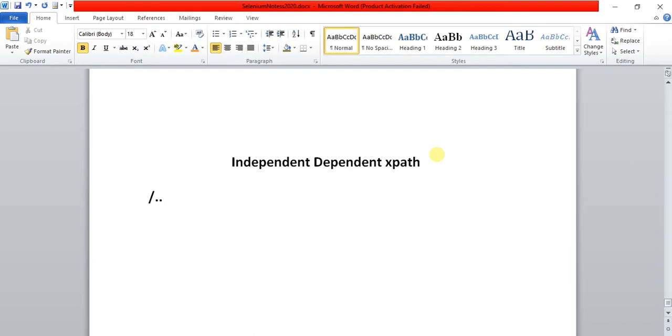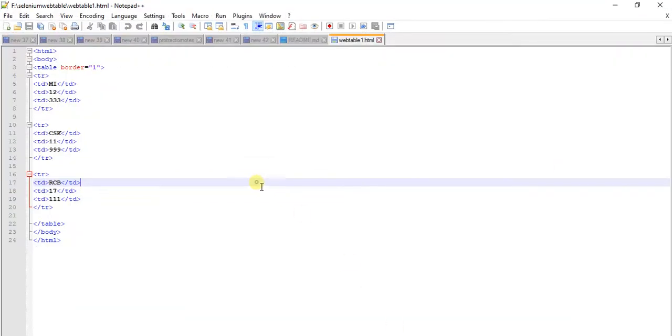Here I will just show you the steps. I have written the HTML source code. Here I have written the HTML tag, body tag, table, then tr tag and td.